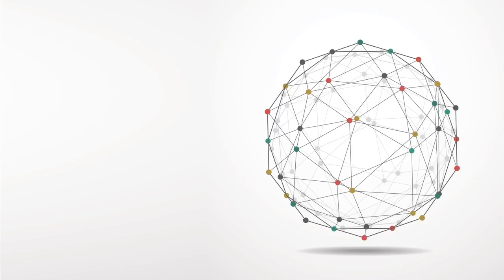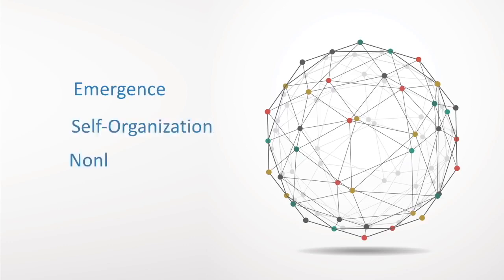And what are some of these dynamics, these features of complex systems that don't really fit within our traditional way of looking at the world? The first one is really this idea of emergence, but also self-organization, non-linearity, and evolution. These are kind of the main dynamics and features that pop out when we look at complex systems, and we really want to understand them.